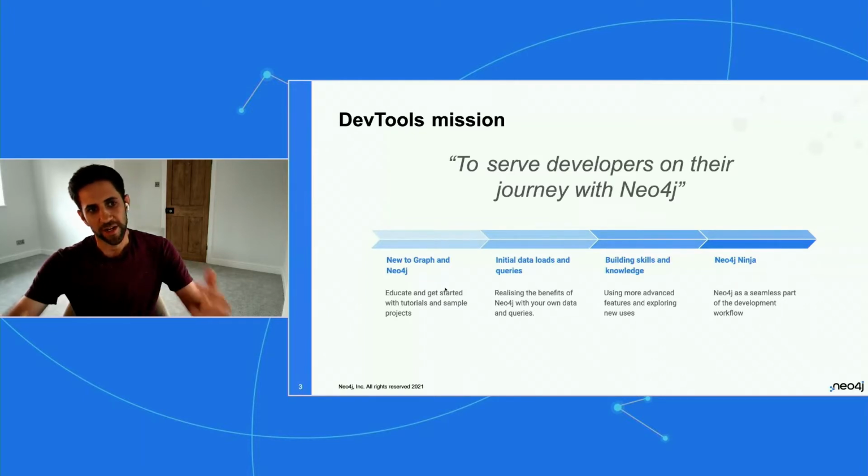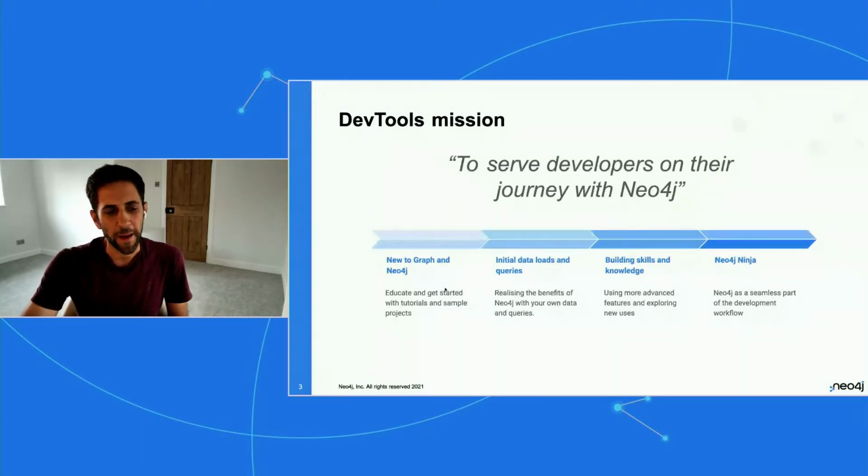As I mentioned, our journey is very much to serve developers, and it ranges across the spectrum from whether you're completely new to graph or Neo4j, so we can help you understand, get started with Cypher and start to get more complex queries written, helping you through your initial data loads and queries with your own data so you can realize the benefits of using Neo4j, right through to building skills. And we have more advanced features in